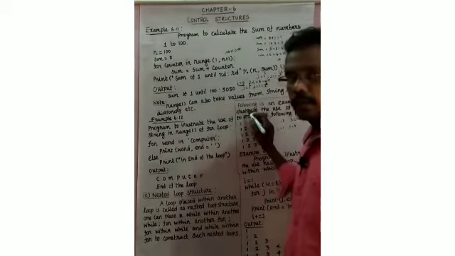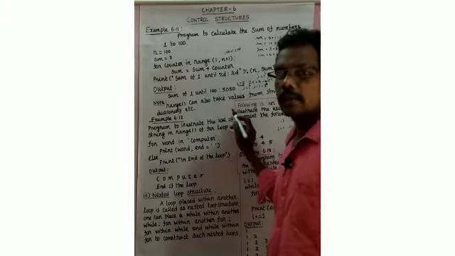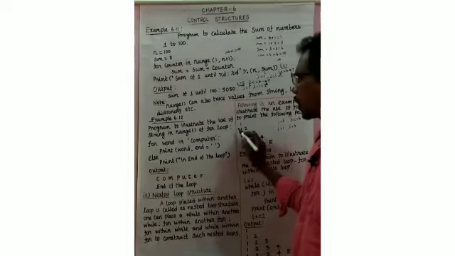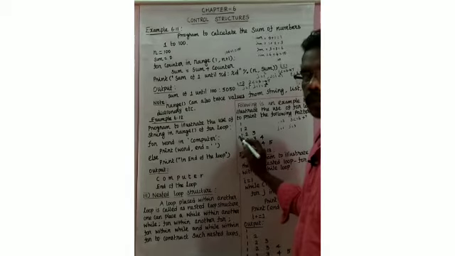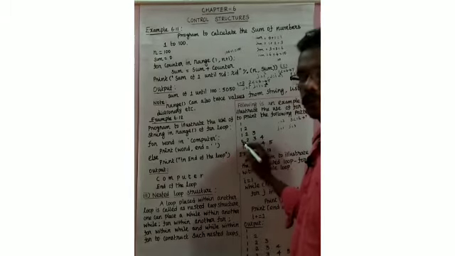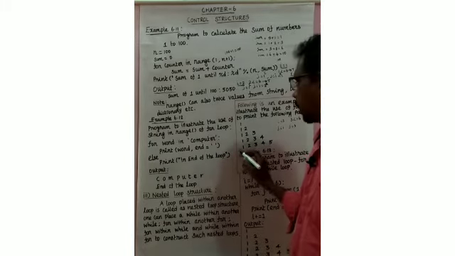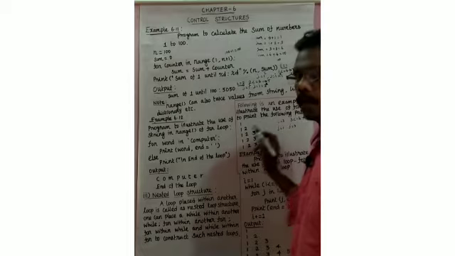Next, we can see an example using the nested loop. Following is an example to illustrate the use of for loop to print the following pattern. In the first line, display the number 1. In the second line, 1 and 2. In the third line, 1, 2, 3. In the fourth line, 1, 2, 3, 4. In the fifth line, 1, 2, 3, 4 and 5.